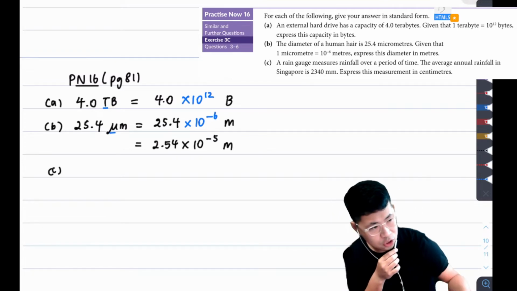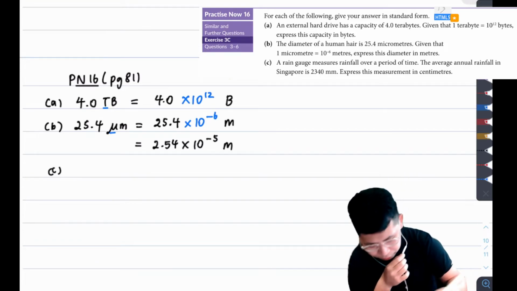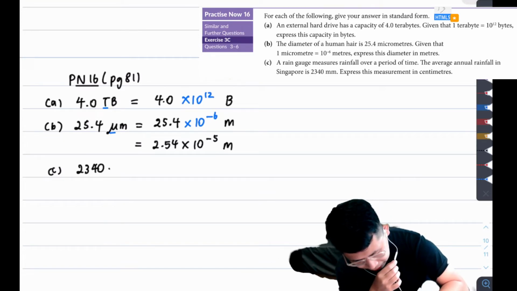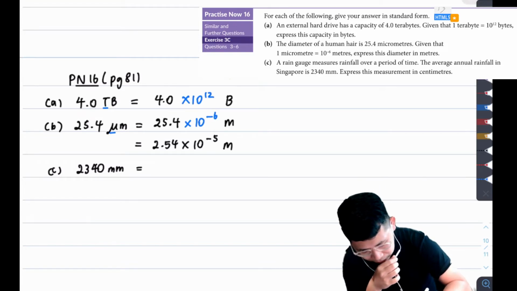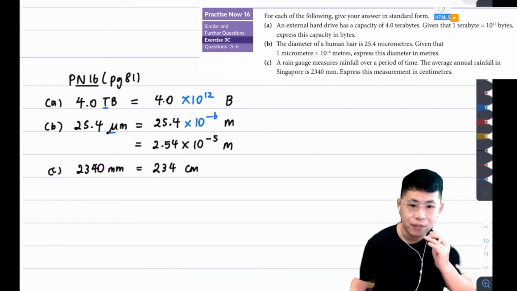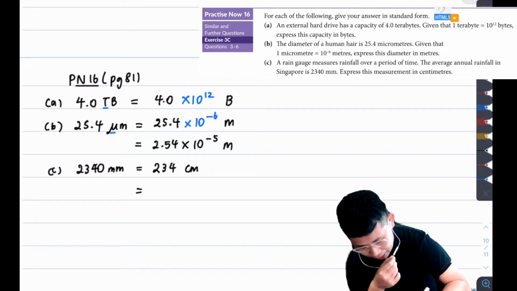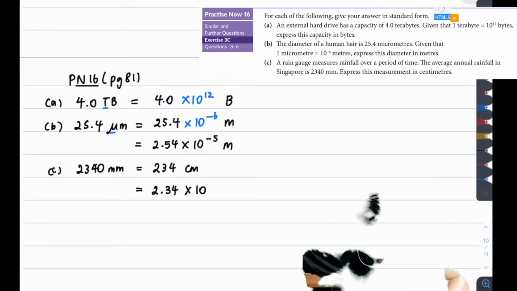Next one, C. A rain gauge measures rainfall over a period of time. The average annual rainfall is 2340 millimeter. Convert this to centimeter. So we have 234 centimeters. I think this is a very straightforward conversion, right? Just divide by 10 from millimeter to centimeter. And in standard form, this would be 2.34 times 10 to the power of 2